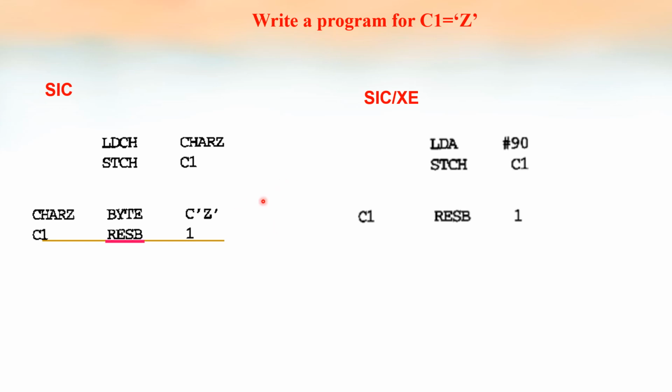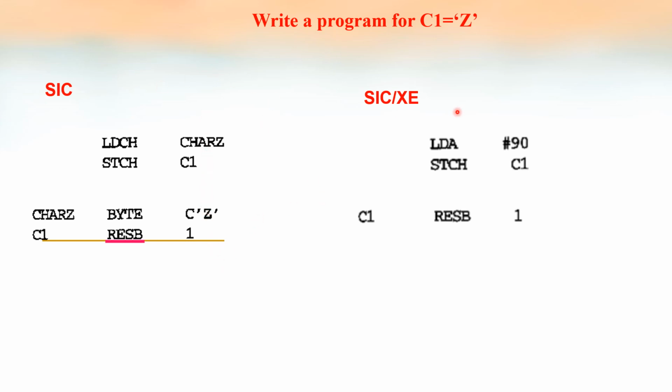One more thing we have to notice here is that in assembly language we are using indenting. It is written in 3 columns. The first column is used for the labels, that is variable names or user given names. The second column is used for the opcode. And in the third column we write the operands.